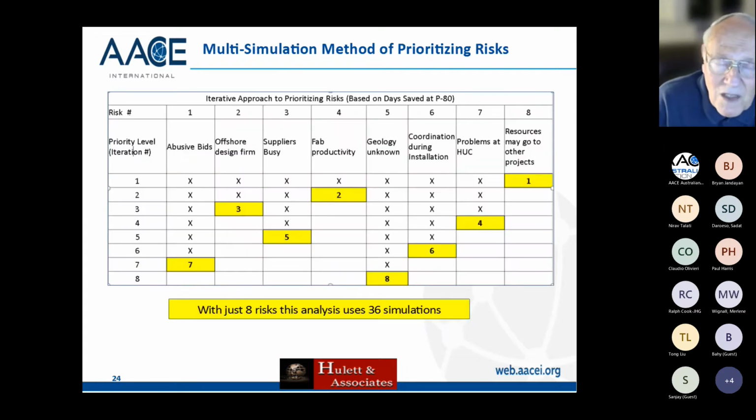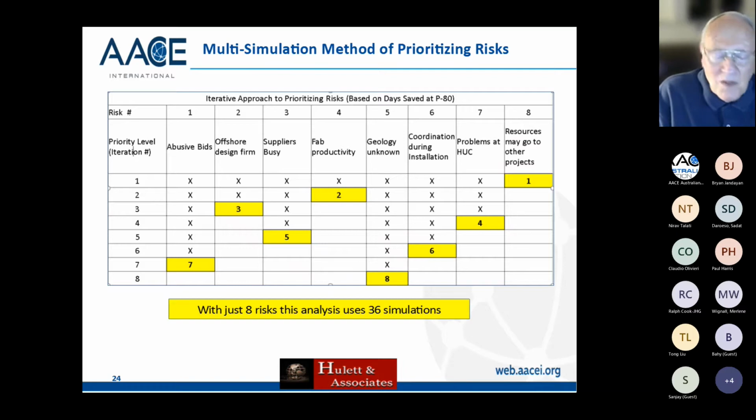Okay, now what I said was it's important to prioritize the risks. And so we want to prioritize the risks to get to mitigation. So here's a method I developed about 5 years ago, and the software manufacturers, Polaris, which was Booz Allen Hamilton, and Saffron Risk, have automated this, and it works on multiple simulations, and it's trying to get information that management wants before they can decide whether to spend the money.